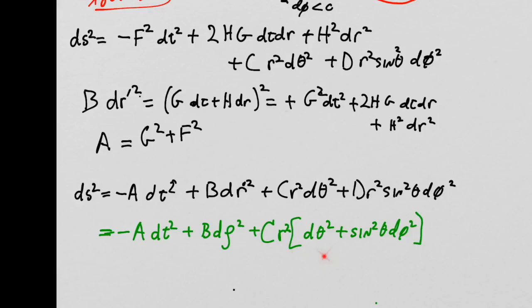This term here is our solid angle element, and that's the only place any of the angular variables are allowed to show up. The radius we factor out of c here just as a reminder, because it makes us remember that we're dealing with that spherical element from Euclidean space. Ultimately, at large radial distances, this c has to go to 1. And all that will be left will be r squared times this element here, which we usually call d omega squared. And then we have some unknown function of time and radius in front of the radial variable,